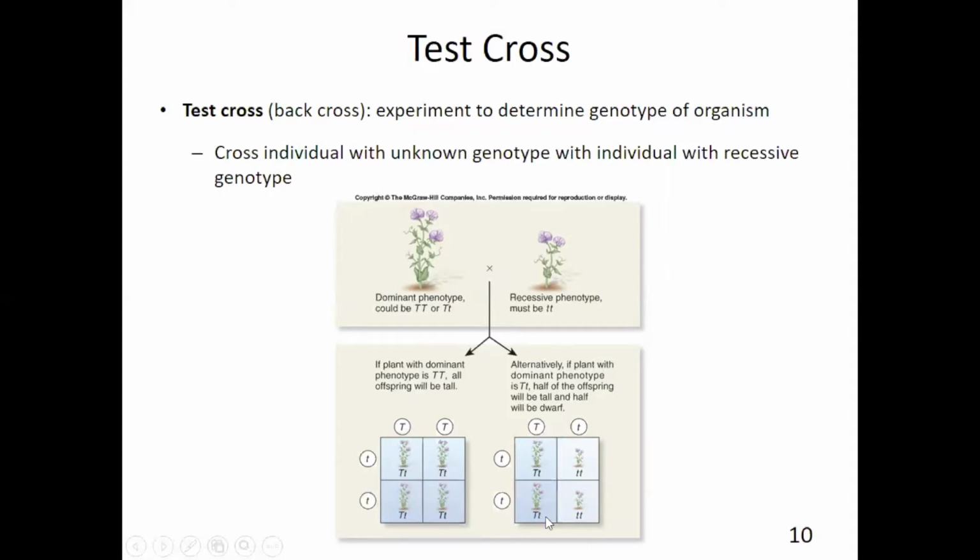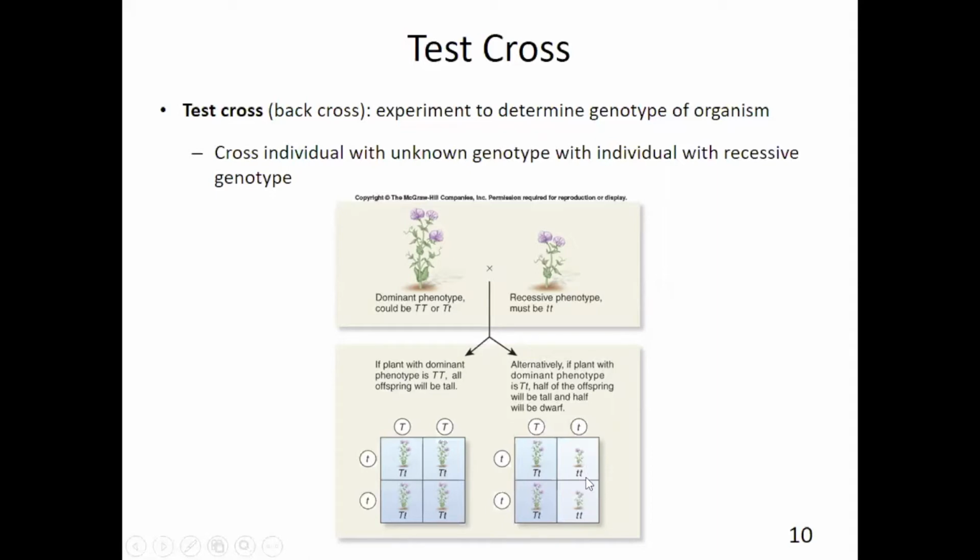On the right-hand side is a Punnett square for if the parent plant was a heterozygote. Here we see that we would have roughly half the plants being heterozygotes and having the dominant phenotype of being tall, and half of the offspring would be of the recessive phenotype